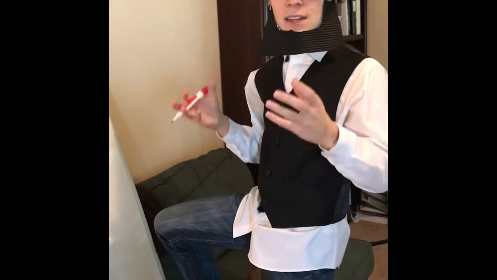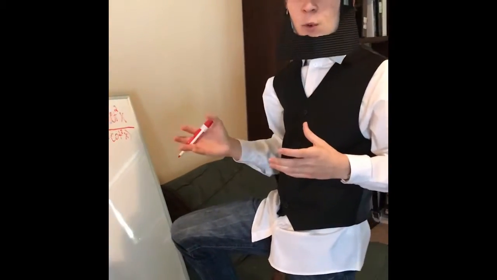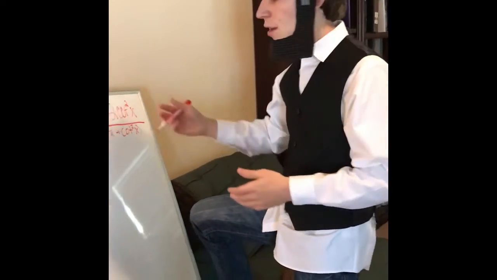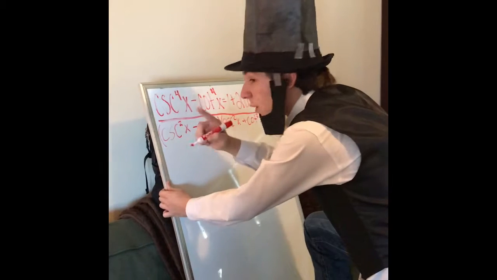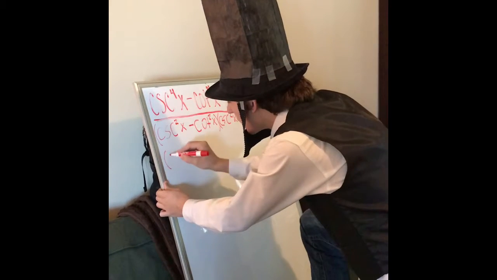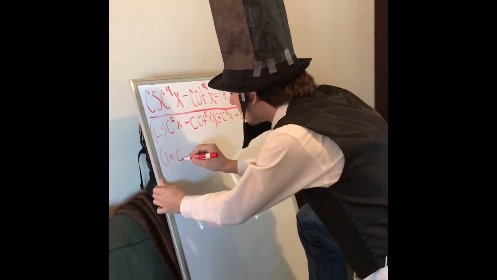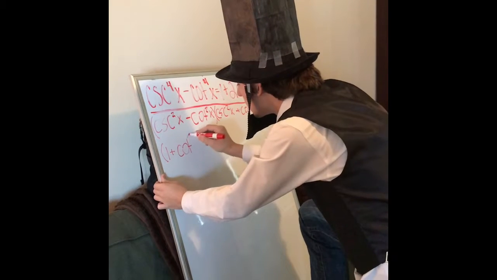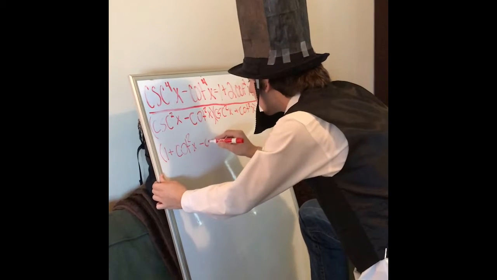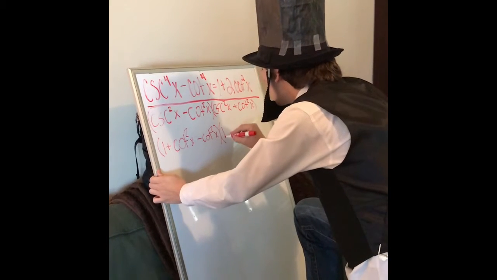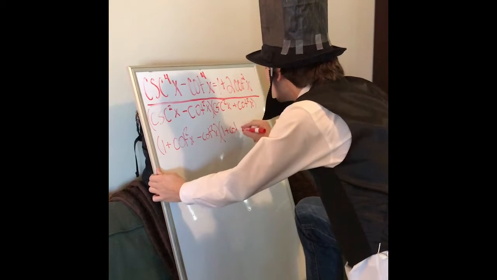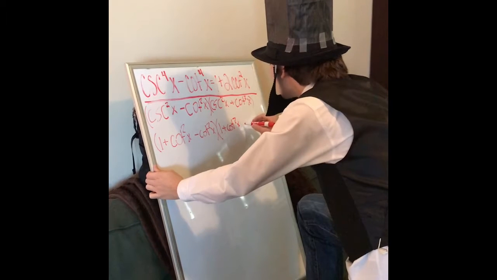Now we know our other identity, that cosecant squared equals 1 plus cotangent squared. We can switch these both to 1 plus cotangent squared. So we'll have 1 plus cotangent squared x minus a cotangent squared x times a 1 plus cotangent squared x